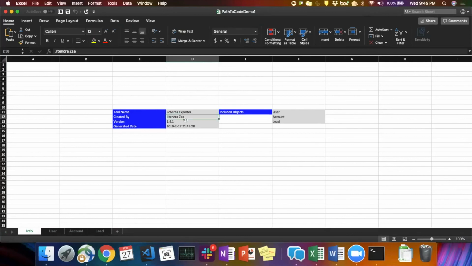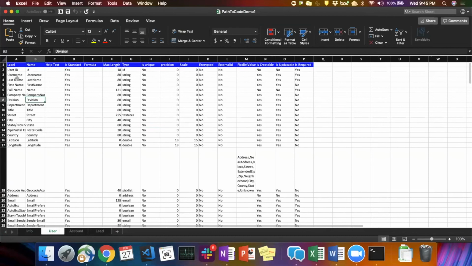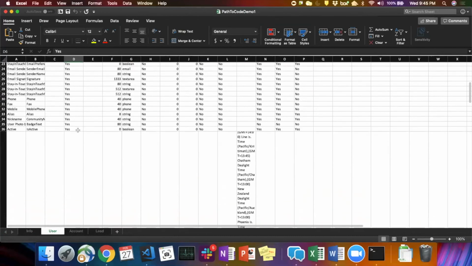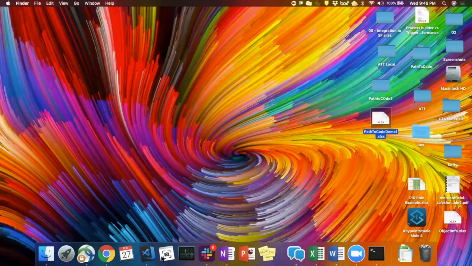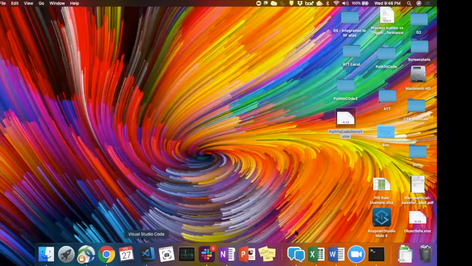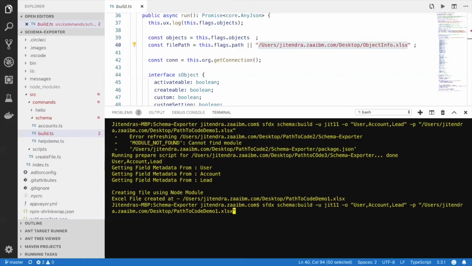As you can see, all the information is here, objects are here, user, as you can see, all the label, name, if there's any help text, is it standard or custom, everything would be extracted. If that's a pick list, it will give you all the pick list values in column M with all the other information. If you want to have the extract of the whole org, all you have to do is do not provide